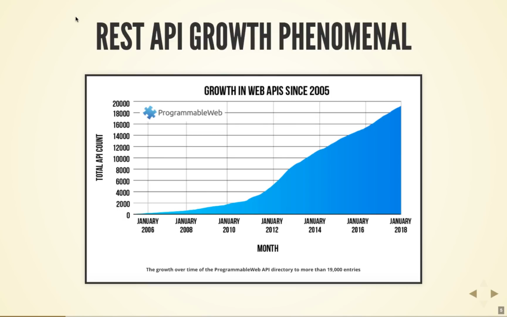And in January 2018, they have almost 20,000 web APIs on their site. This has grown dramatically. In 2005 and 6, there were less than 2,000, and now it's 10 times that. It's becoming the way to do APIs because if your API is tied to a programming language, you narrow